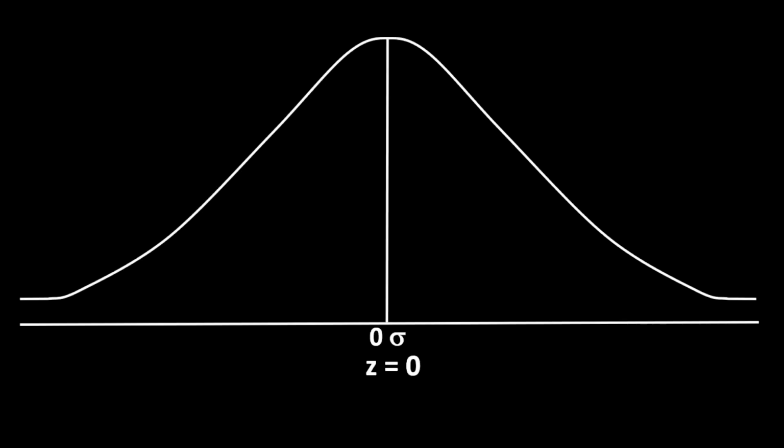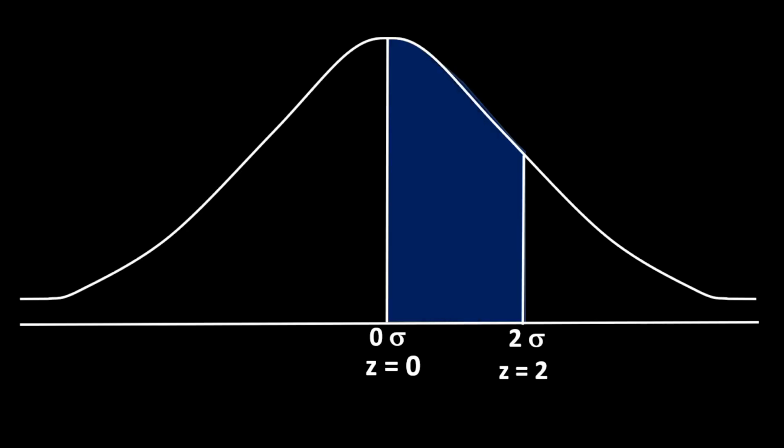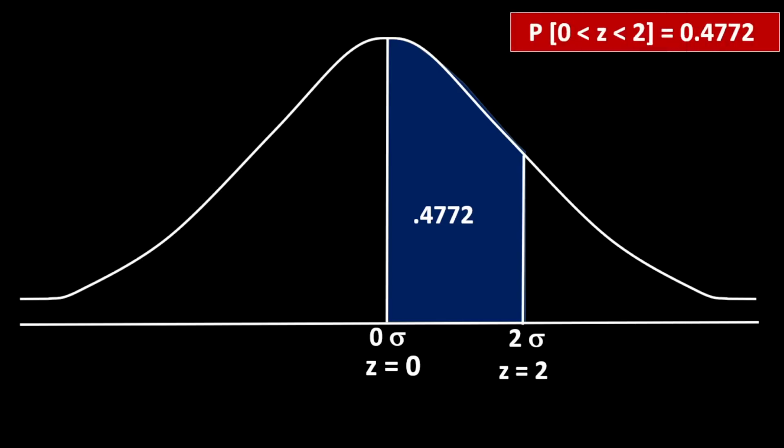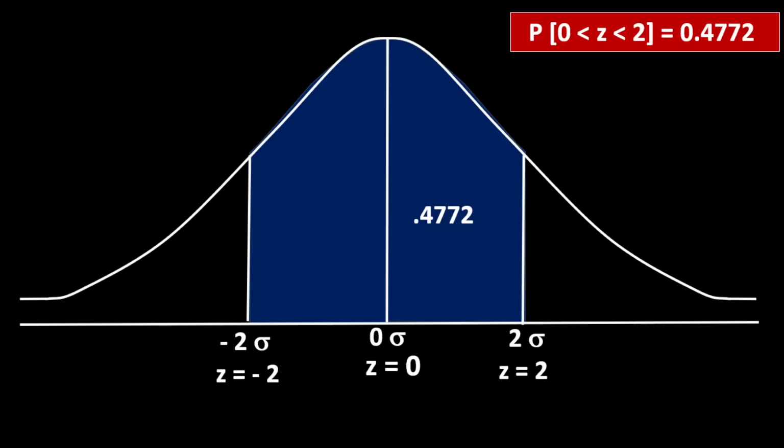Now we see the area between 0 sigma and 2 sigma. According to the table, the area between these 2 points is 0.4772, and it is written symbolically like this: probability 0 is less than Z is less than 2 is equal to 0.4772. And in the same way, area between minus 2 sigma and 0 sigma is also 0.4772,